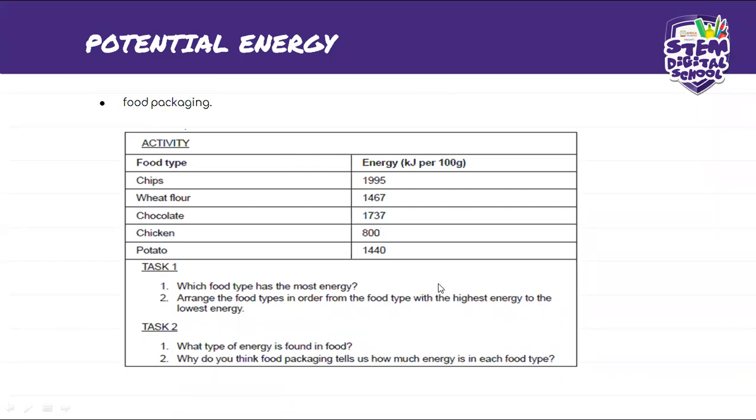Now let's look at task two within this packaging. Anytime you go and buy your chips or whatever, please look at the package and then you can see the different types of components or ingredients found in the food. Then you can know that this one has the large amount of energy or percentage of energy. So when I'm eating this, I'm going to get this much.